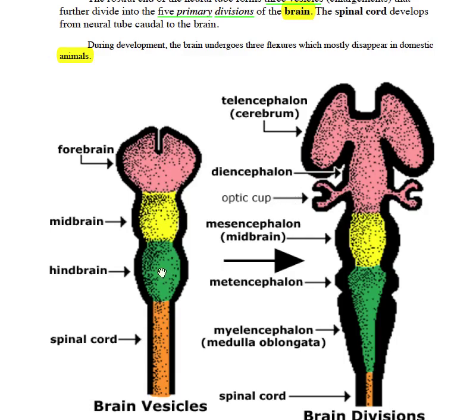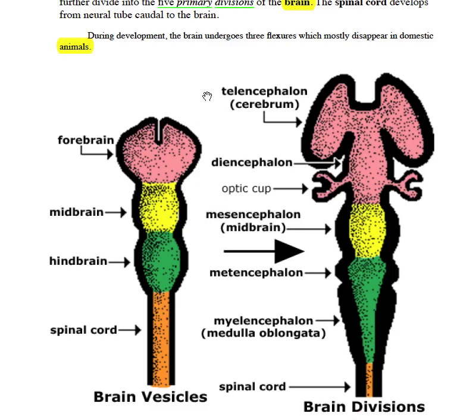The hindbrain gives rise to the metencephalon and the myelencephalon. The metencephalon becomes the pons and cerebellum. The myelencephalon is the medulla oblongata. These five regions, the telencephalon, the diencephalon, the mesencephalon, the metencephalon, and the myelencephalon, are used as convenient regions for categorizing brain anatomy. During development, the brain undergoes three flexures, which largely disappear in domestic quadrupeds because the head is